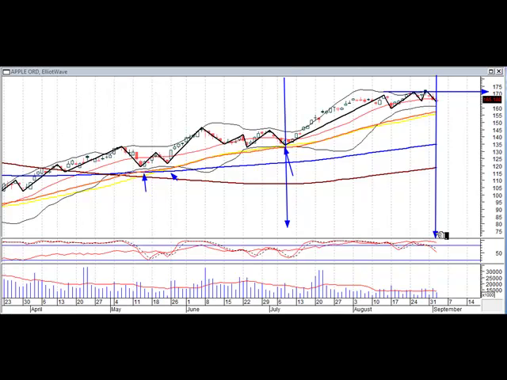However, I use Elliott waves to give me some idea of where we're going, at least in the short term, and where we are. The reason I wanted to highlight the Elliott waves here is because if you look from July to now,